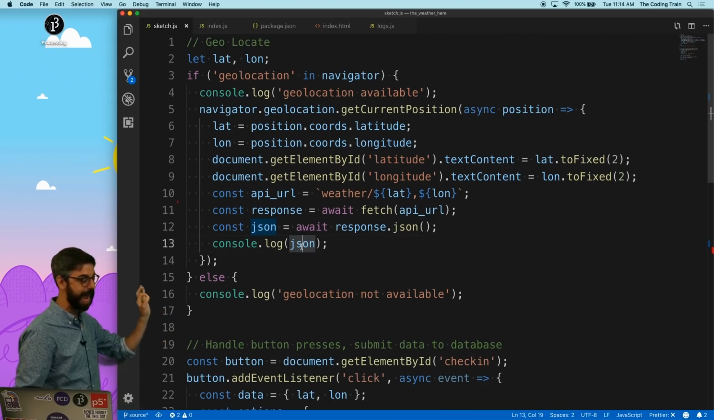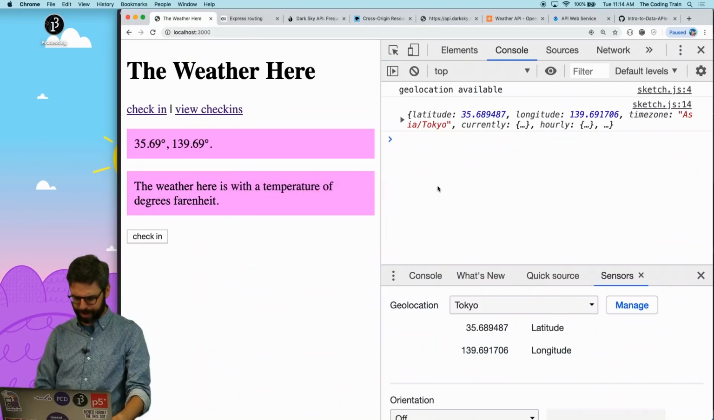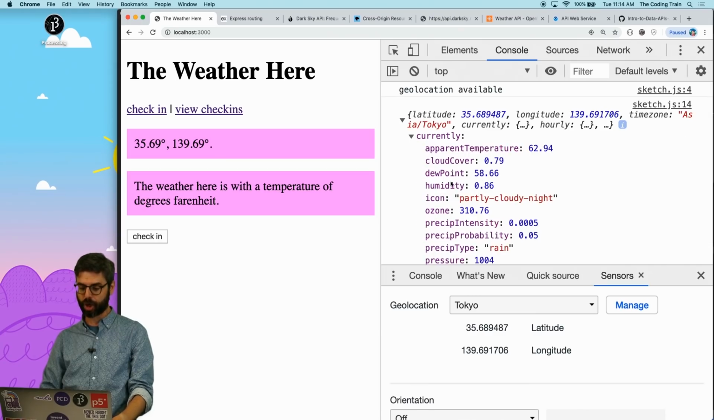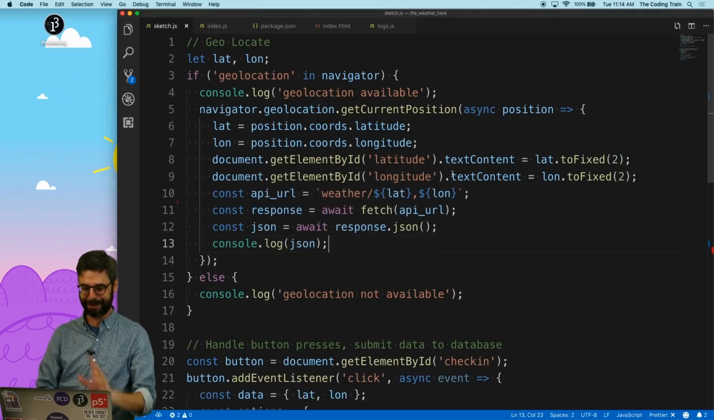Here is where I'm actually console logging that information. And if I look in the browser, I can see here that all the data that I want is under currently, under temperature, and under summary. Perfect. I planned this correctly. So now I should be able to say